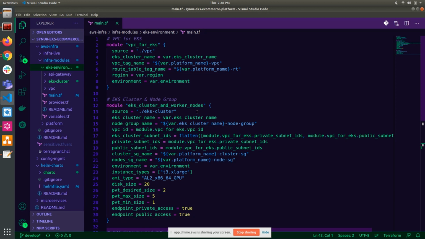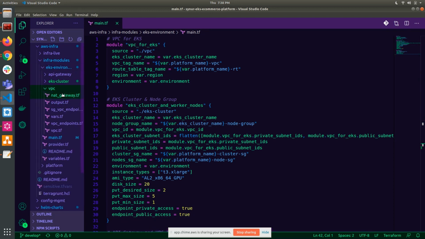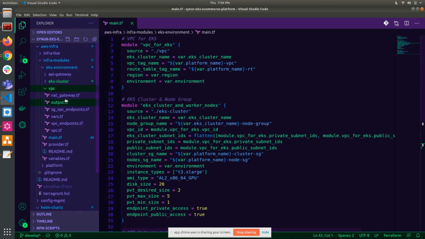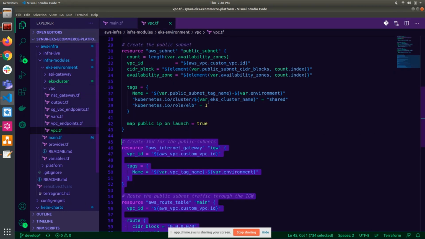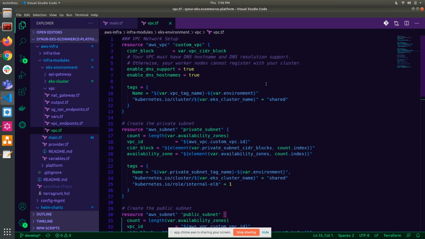And then the second one over here pertains to all the relevant resources for the EKS cluster itself. We'll start off with the VPC because that's the groundwork that's required before you can actually deploy your cluster.